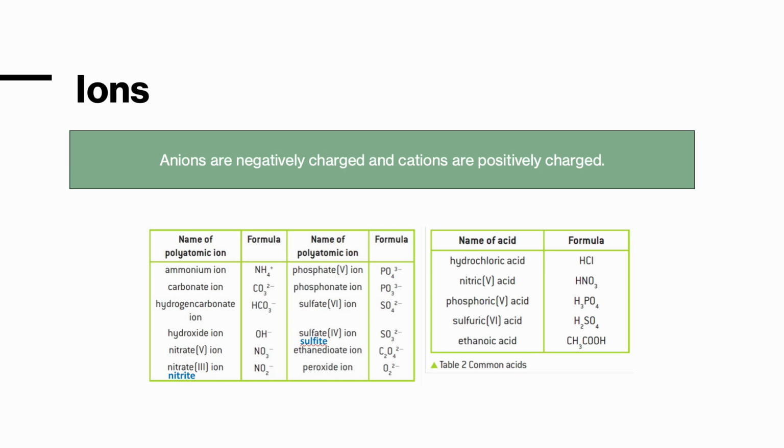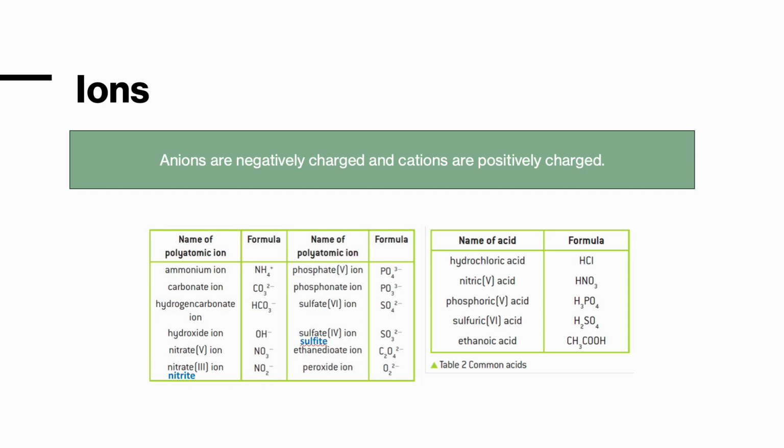Anions are negatively charged and cations are positively charged ions. This table of ions here is necessary to memorize for the IB exams. The ammonium ion is NH4+, carbonate ion CO3 2-, hydrogen carbonate ion is HCO3-, hydroxide ion OH-, nitrate ion NO3-, nitrite ion NO2-, phosphate ion PO4 3-, phosphite ion PO3 3-, sulfate ion SO4 2-, sulfite ion SO3 2-,